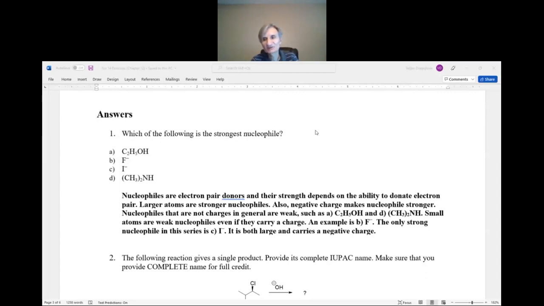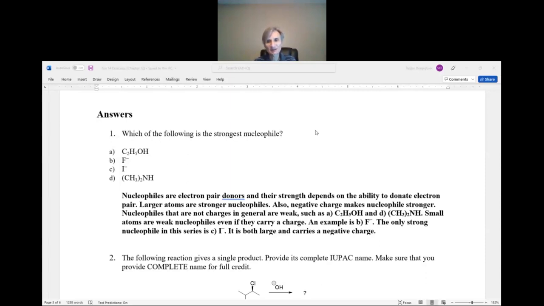We are starting on page 3 where we have question 1. So all the questions are repeated in full followed by an answer. Which of the following is the strongest nucleophile? And then you have 4 choices. This is actually something we covered in chapter 6, and now we are doing it again because now it's application